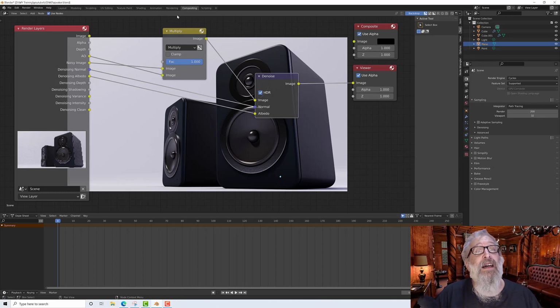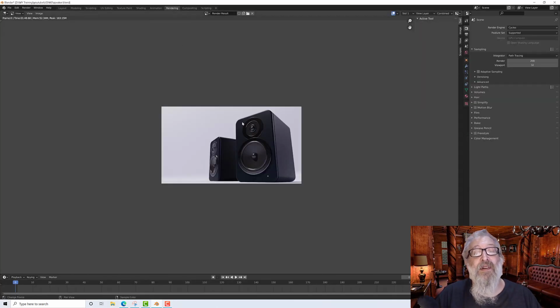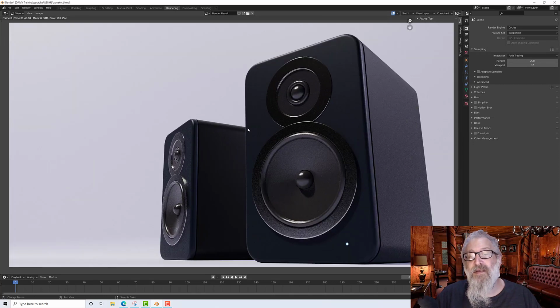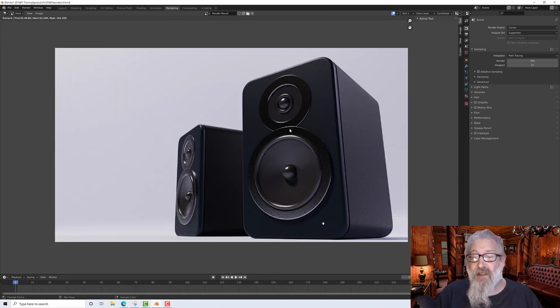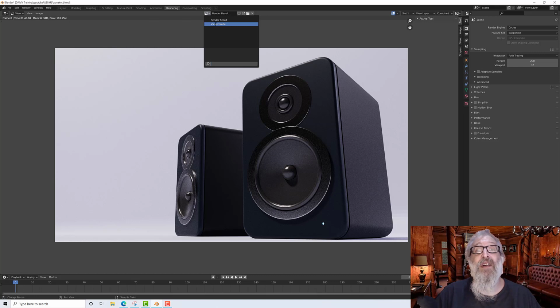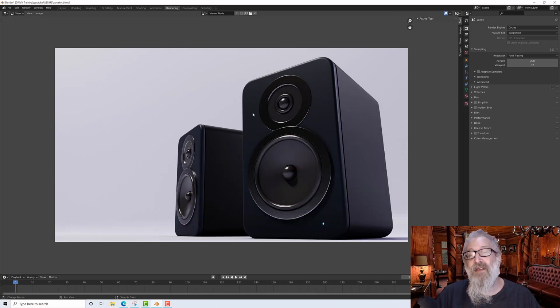So now I can't just go back to the rendering room and see my nice new shiny image, because that's the render result. What I want is the result from that viewer node. So I'm going to come down there and change my output to the viewer node, and now I've got my lovely final image that I can save and